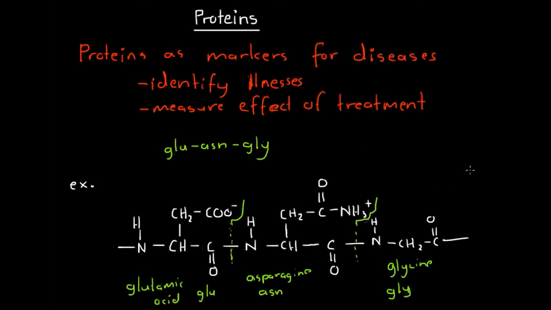Now the next thing that we're going to do is look at the different bonds that can form to dictate the secondary and tertiary structure of this section of our protein. So we know that the secondary structure is caused by hydrogen bonds between adjacent peptide linkages. So what we've got here